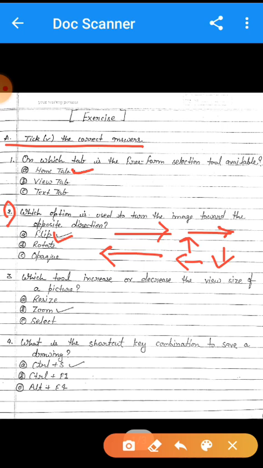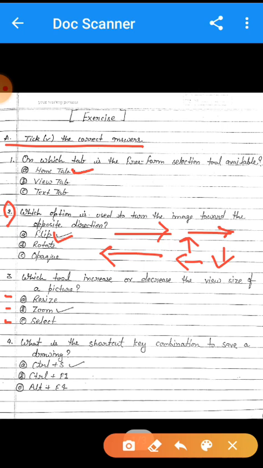Now come to the question number third. Question number third is which tool increase or decrease the view size of a picture? Dear students, here you can see three options. Option number A is resize, option number B is zoom, and option number C is select.